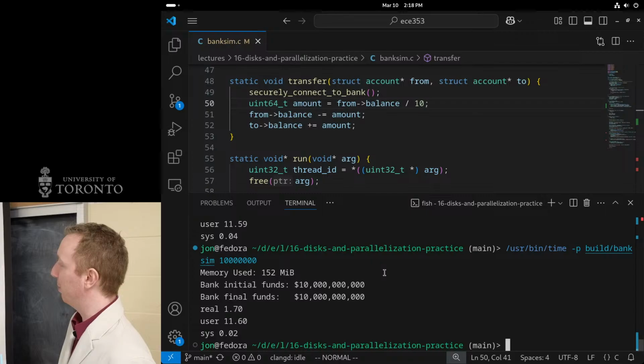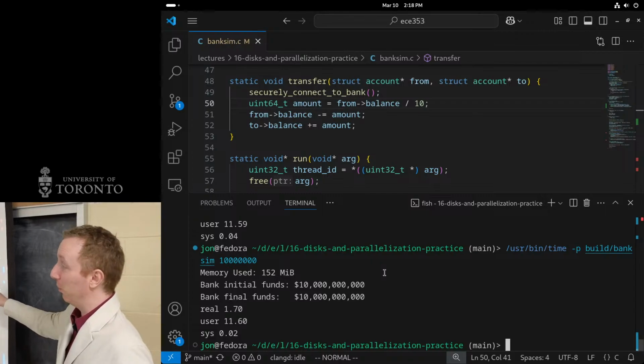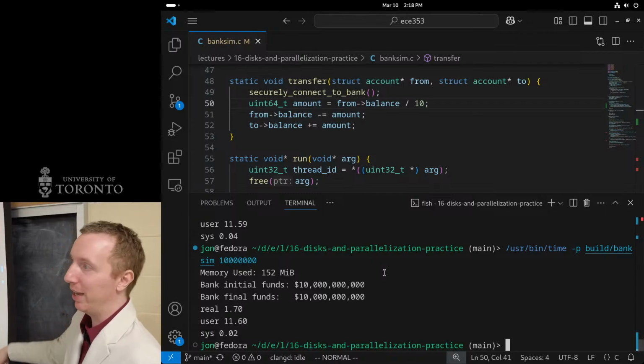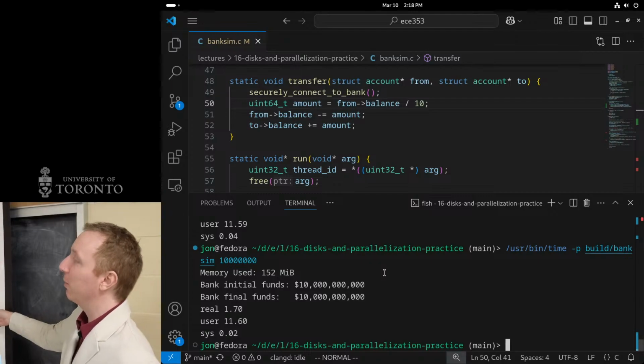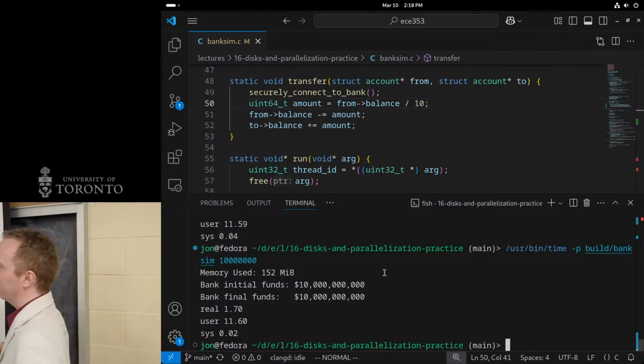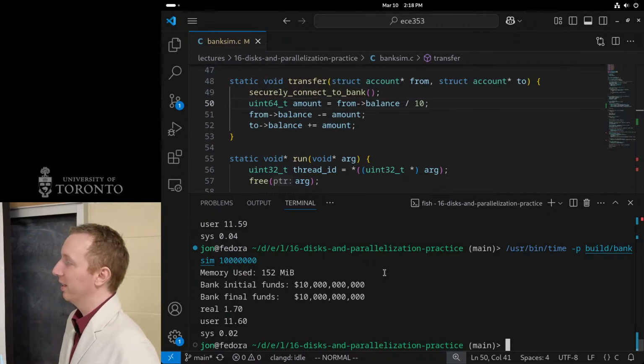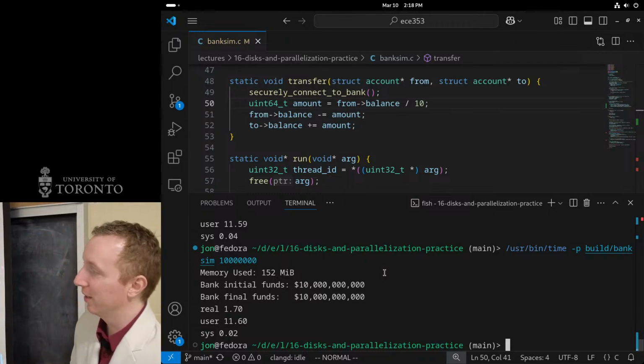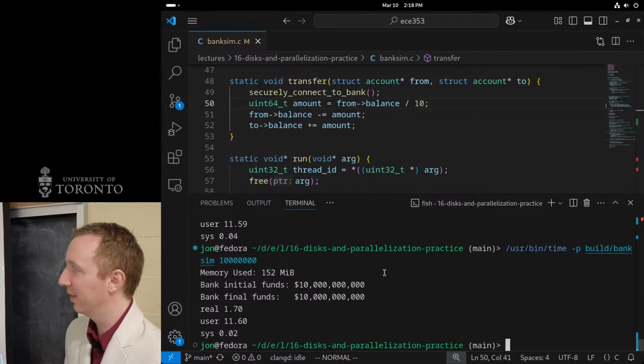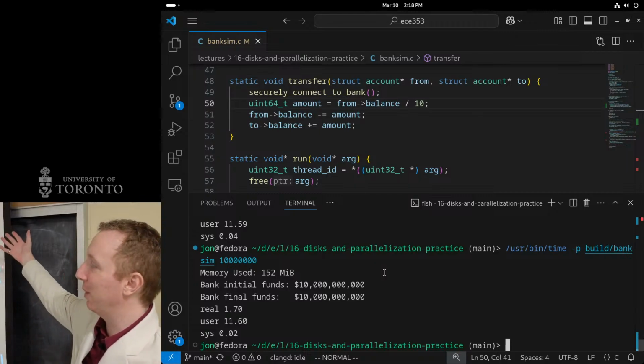Anyone want to explain why it was better with more accounts and worse with few? Yeah? I guess it's less likely for two threads to access the same account if there are a lot of accounts, like for random accounts, it's very unlikely. Yeah, I'm randomly transferring between accounts.